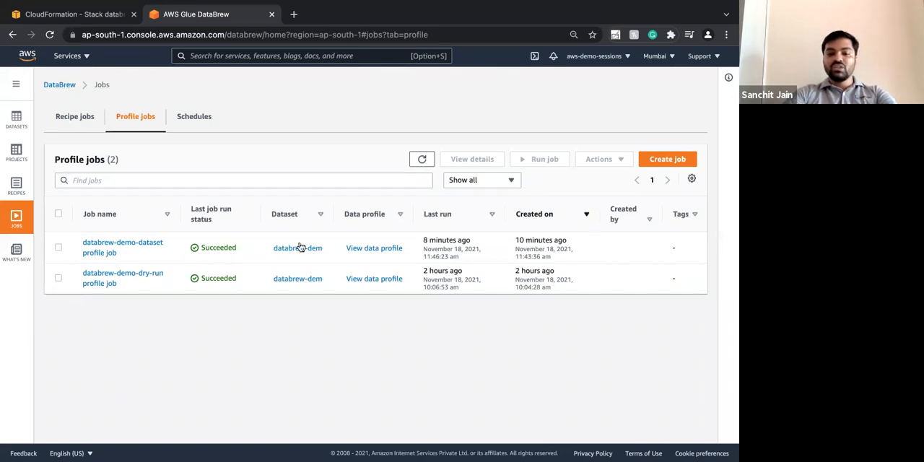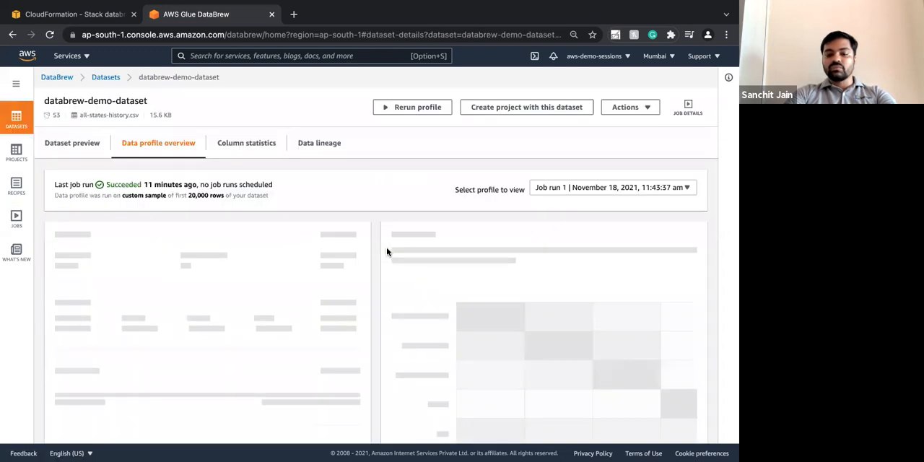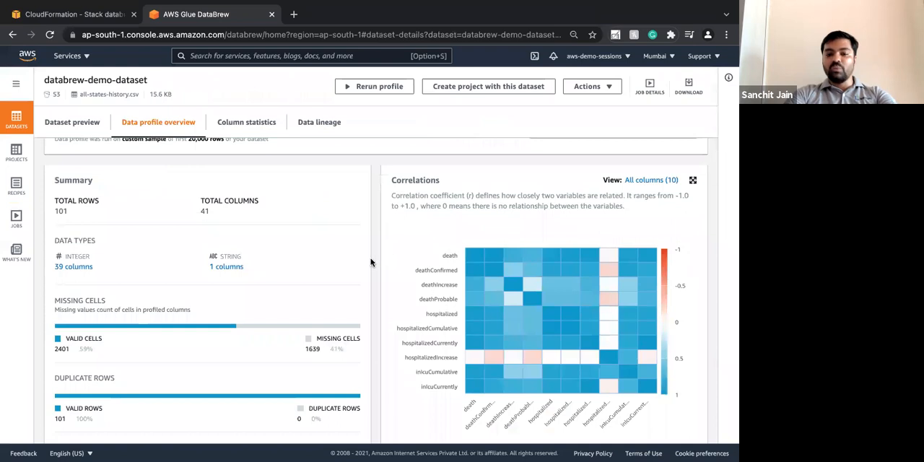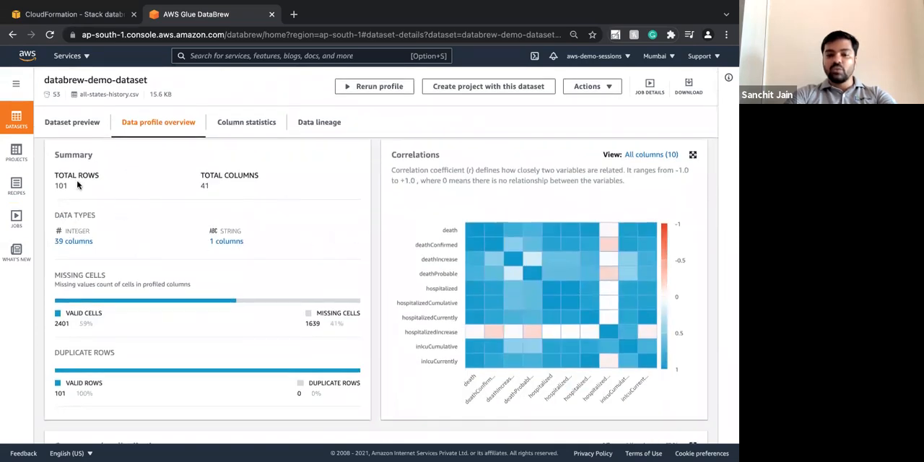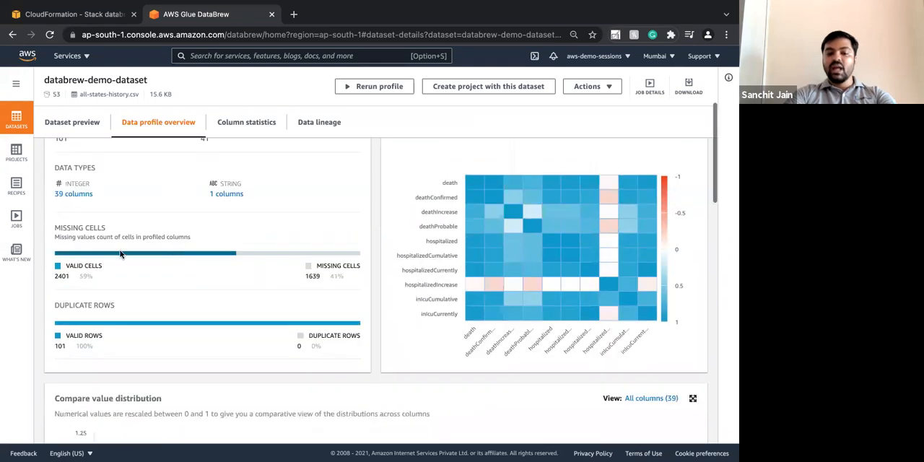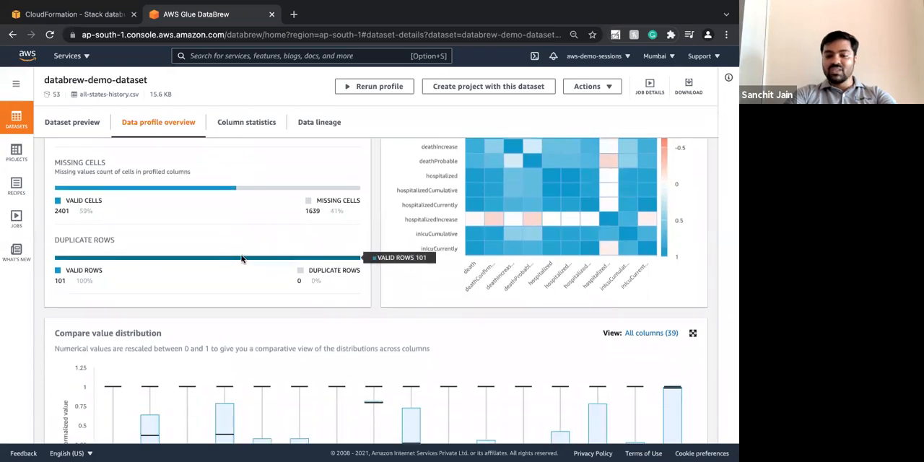where we are working on the profiling part of it. So this profiling demo is done. You can see it took somewhere around 2 minutes to complete. If you click on this profile output, you can directly click on view data profile. It directly took us to the output page of the profile, where it shows that it ran 11 minutes ago, the total number of rows, total number of columns, the data types split, how many missing values, missing cells, and duplicate columns or duplicate rows are 0,